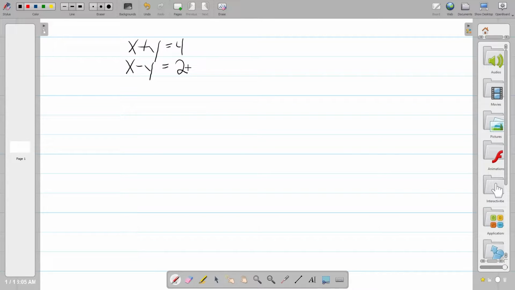Now, the way we've been doing this, we would solve one of these. So how about this one? We would say x equals 2 plus y. We just add the y to both sides. And then we would say, whoops, not x. We would say 2 plus y,